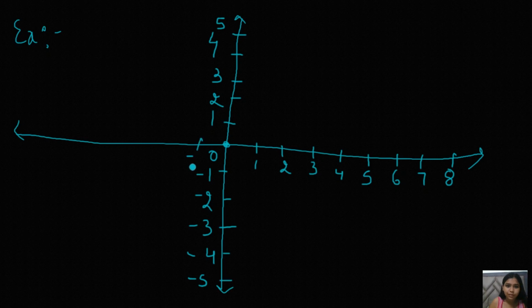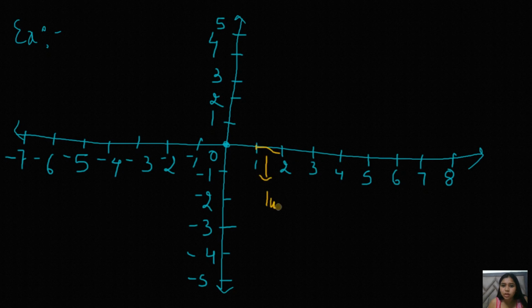Like this. Remember people, each and every mark I am just drawing here on the screen is why they are not very equal. But when you have to draw in your notebooks, it should be neat and clean, and it should be drawn with 1 unit distance between each mark. That is, there must be a distance of 1 unit between each mark. You have to draw it by the scale, very coordinated.